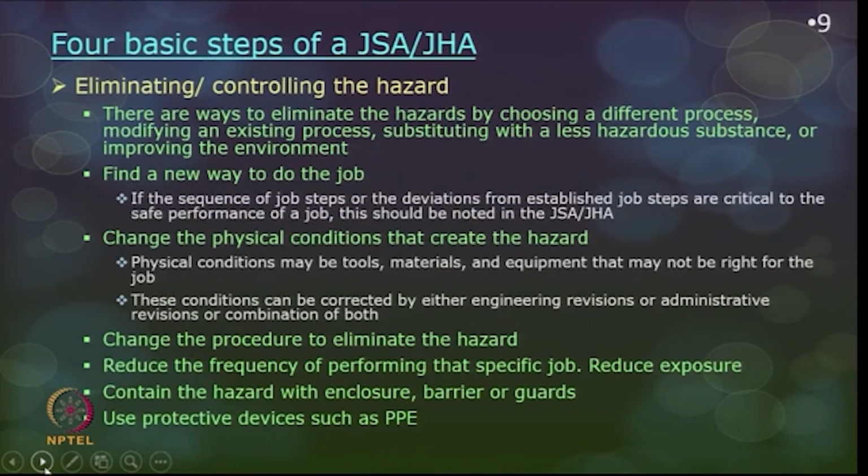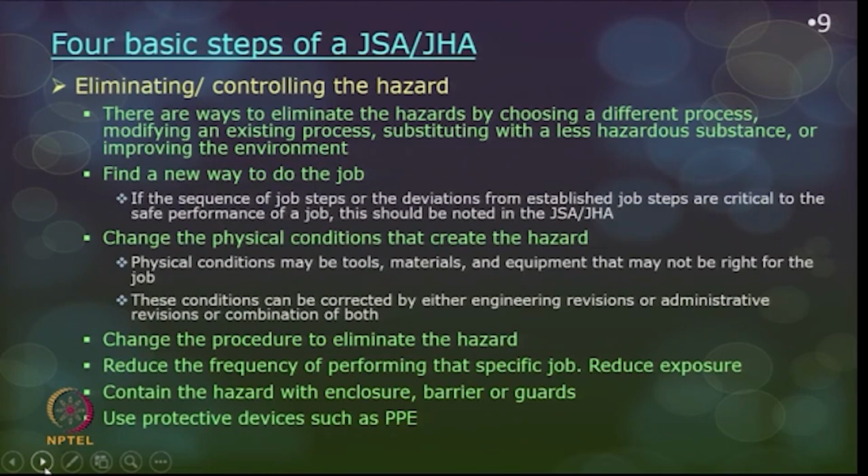If the sequence of job steps or the deviations from established job steps are critical to the safe performance of a job, then this should be noted down in the JSA, and you may have to think of finding an alternate way. If the physical condition is what is creating the hazard, then you may have to think of improving the site conditions so that the hazards are easily contained,